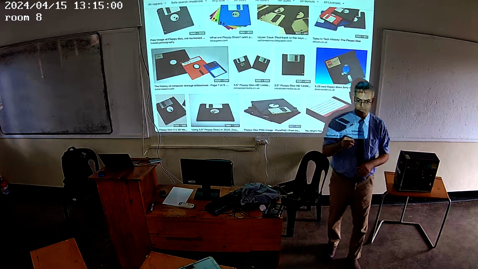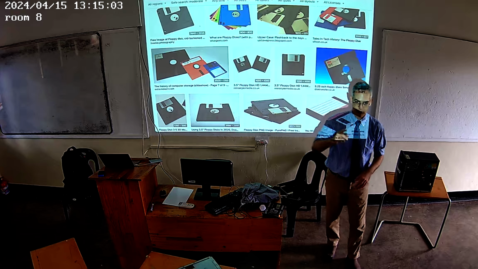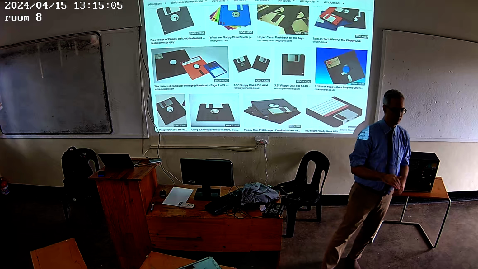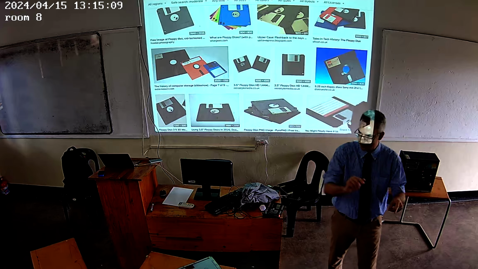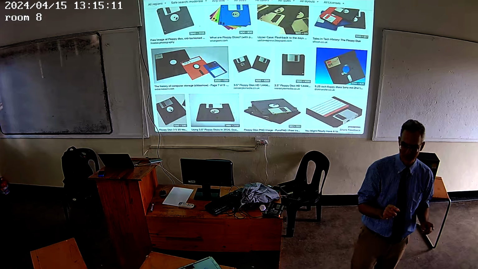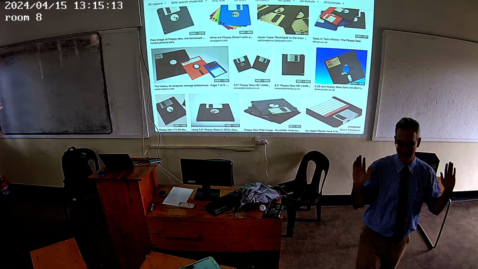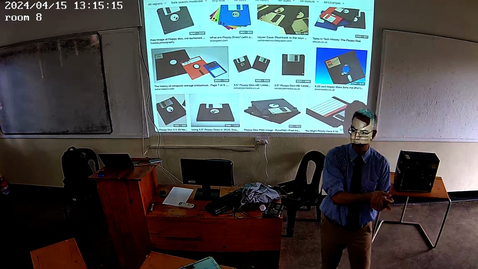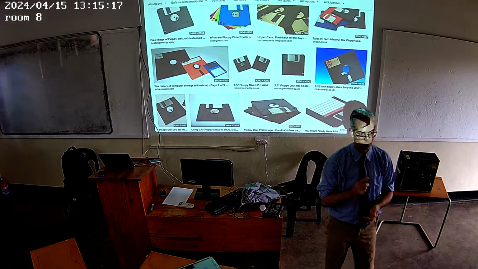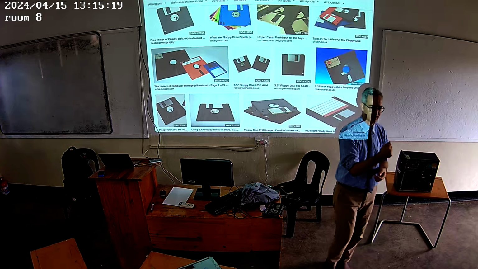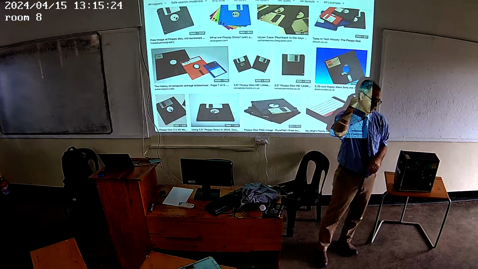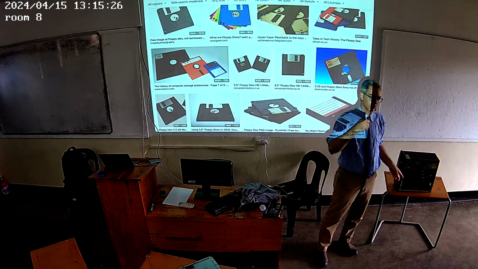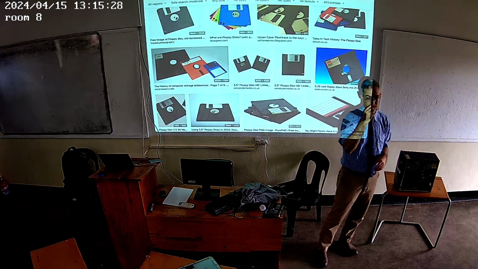The RAM gets wiped. Whenever the computer turns off, if it loses power, the RAM is empty. That's why, if you didn't save your document and the power goes out, it's gone. Because you didn't save it to the hard disk. So RAM is only there as long as there is power. Once you lose power, the RAM is wiped. But the hard disk will store as long as